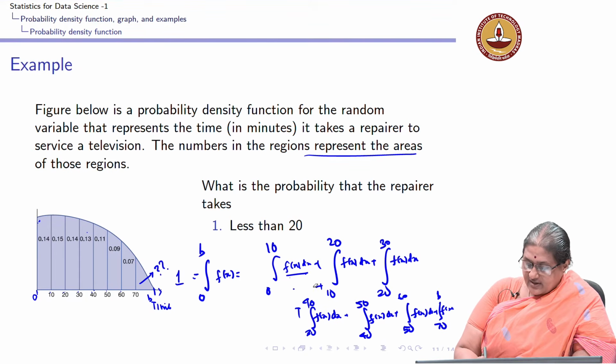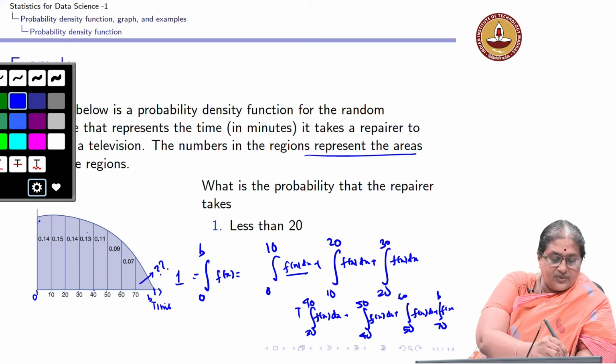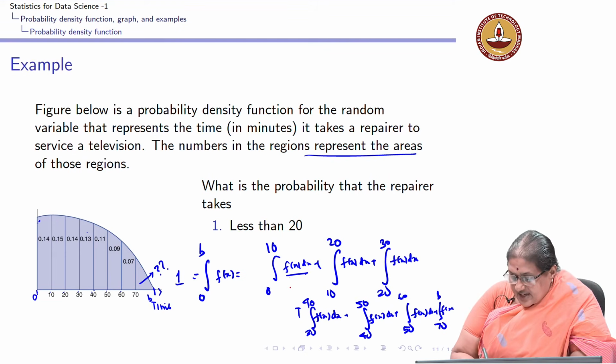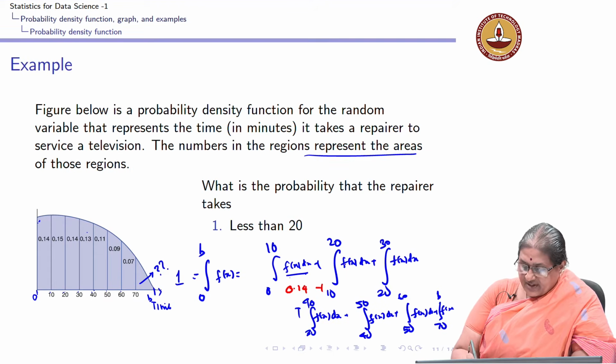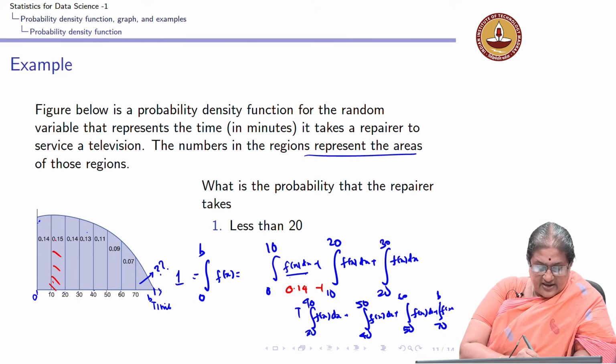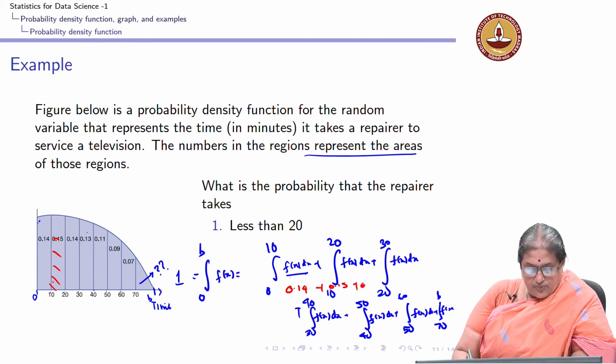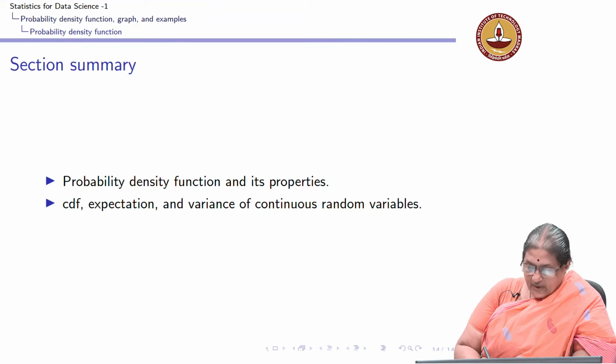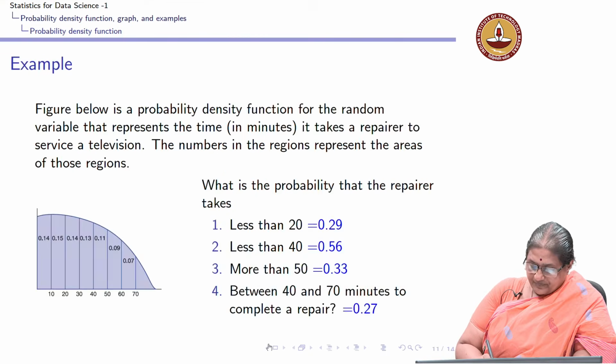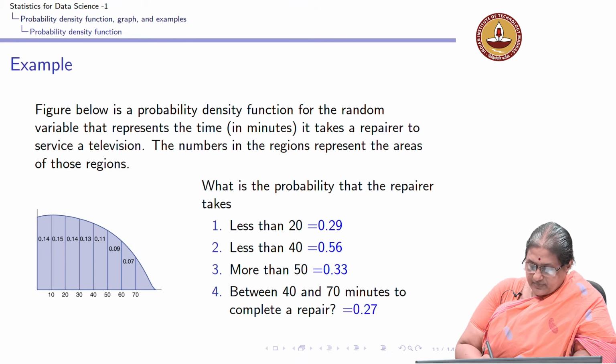So, let me use another color. What is given to me is the area under this curve is 0.14. This area is given to be 0.15. This area is 0.14 again, this is 0.13, this is 0.11. So, what we can check here is for this,